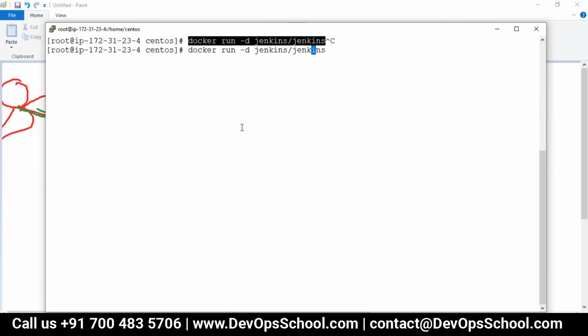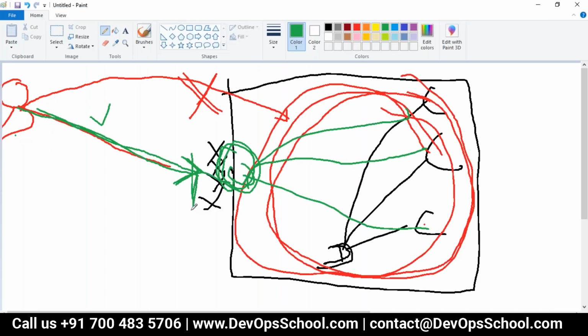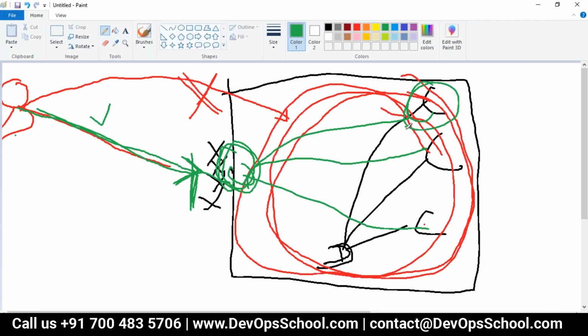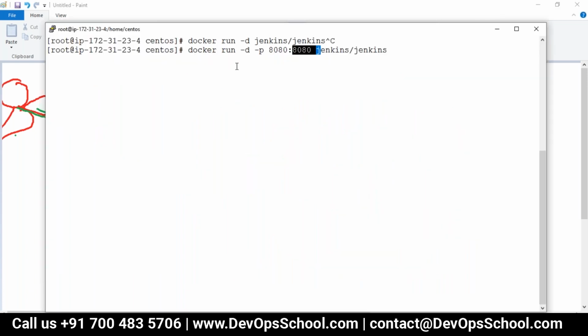Run always creates a new container, you know that. This time I'm going to expose with -p. This is the node port and this is the container port. The container port will never change, it's hard coded in the image itself. So this is the external port, I repeat, external means this one. This one is the internal port, the container one. So they are exposing it. This is a short format, by the way. A long format is also possible. So here: docker run, detach mode, -p, p for port expose, external to internal.